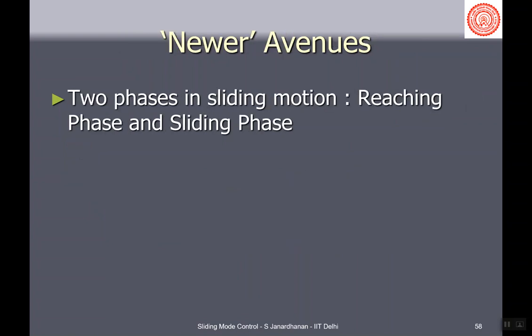Okay, and we have seen two things. Till now we have seen that sliding mode is robust, but chattering was there. So what we needed is that S dot